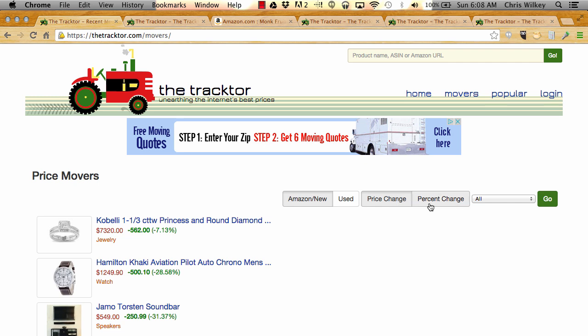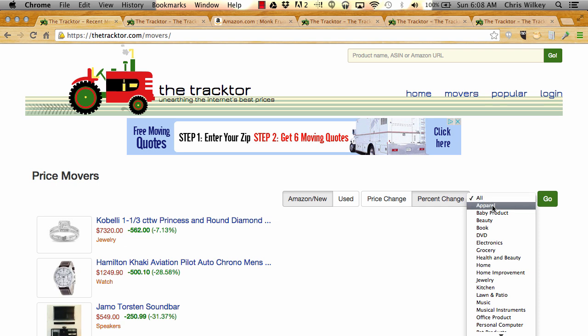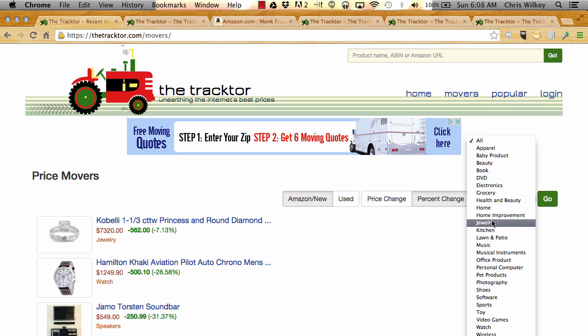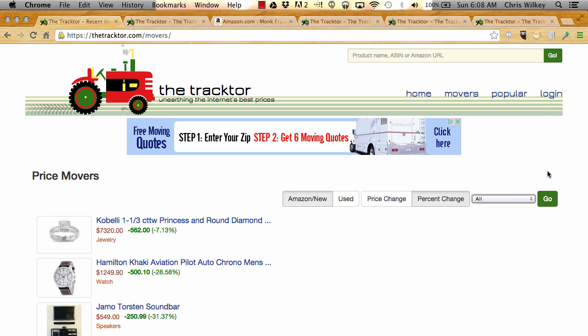We love percentage. In the world of econ, that is called a relative price change instead of an absolute price change, and we're always looking for that relative number. So you could pick your category here if you had a certain category such as toys or video games or DVDs that you sell in. I always like to look at them all because I'm pretty open to what I sell,